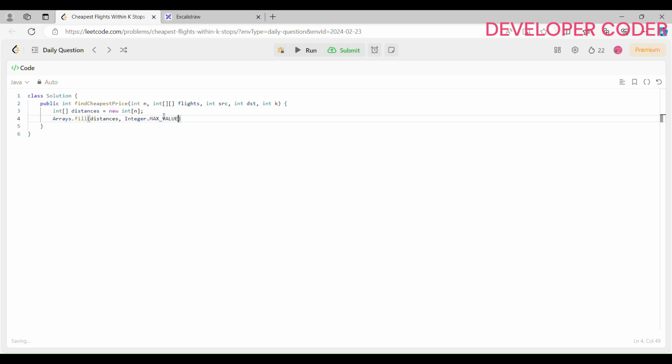So here I have filled my array with the max value of integer, and now I am going to create one adjacency list to represent the graph. I am creating one map, and my key is of integer type. And after that I am passing one list of integer array. So I am going to write like this, list, and inside that list I am passing an integer array. These two things I am passing. So this is my adjacency list,